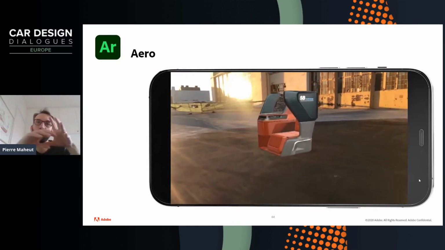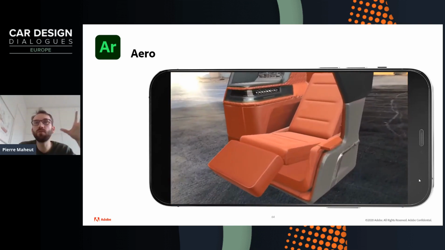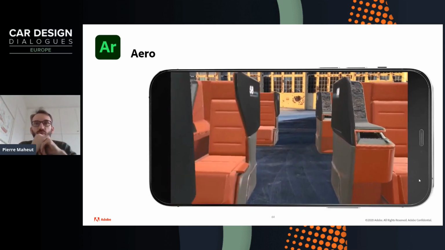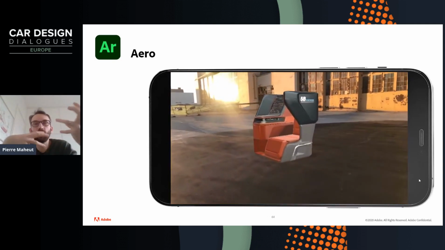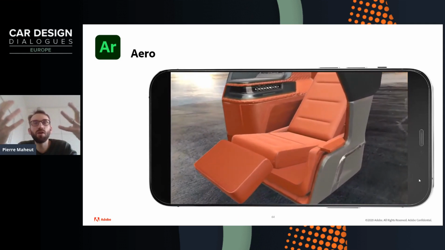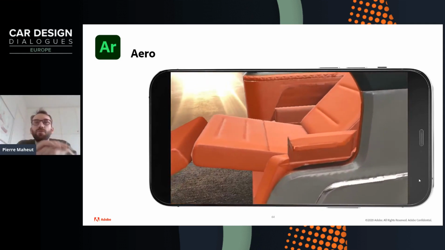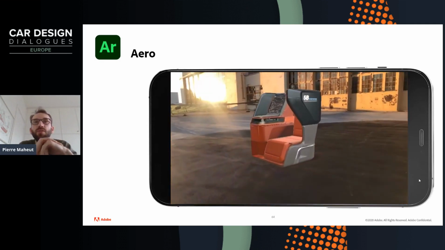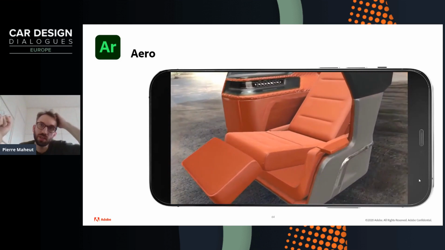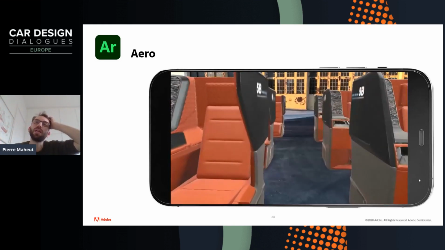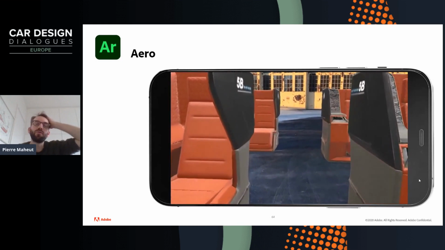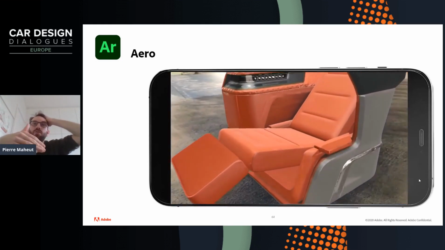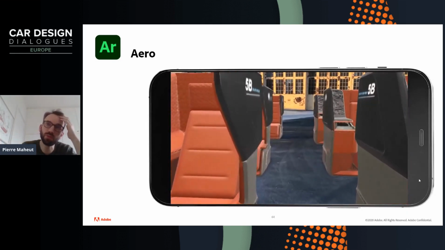So here, for instance, also in Dimension, you can manage the alignment of the different models, and so you can have a wider range of models. Here you can also notice that the textures and the materials are lower quality; we need to optimize and find the right trade-off when bringing it to augmented reality. That's definitely something that's important. And what is interesting here is that with the Substance materials, based on the same materials, you can go from a very high-end 8K texture to a 1K or 2K texture